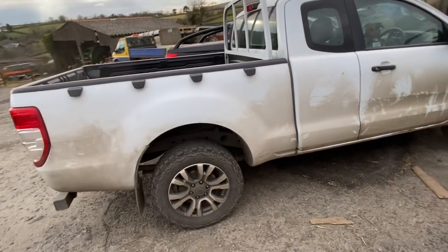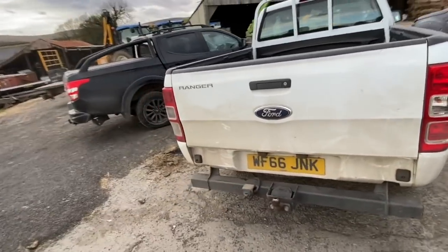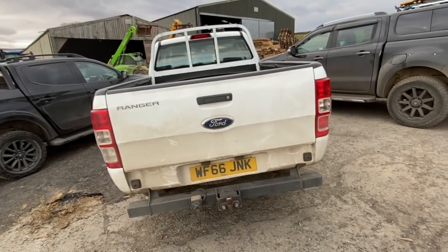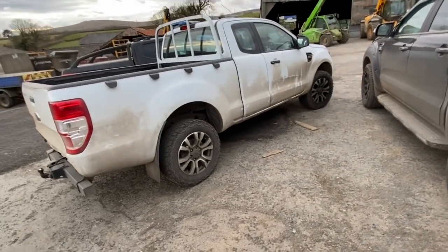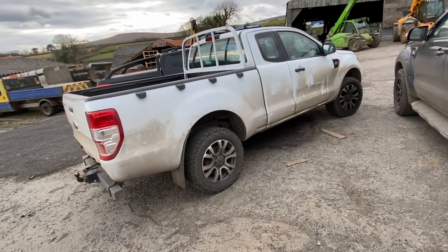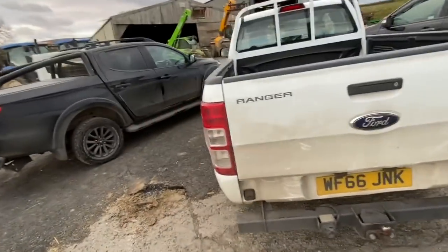It is a little dream. Handles well, pulls like a train. Anyone that has got a Ranger or Ford Ranger should know that they seem to just be unstoppable. Well, we find it, and this is our fourth one. I'm on my third, and this is the first one by the farm alone. It's got a 2.2 engine, so this one's not on AdBlue because it meets emissions. You got to give her a little bit more on the throttle whilst towing, but other than that,